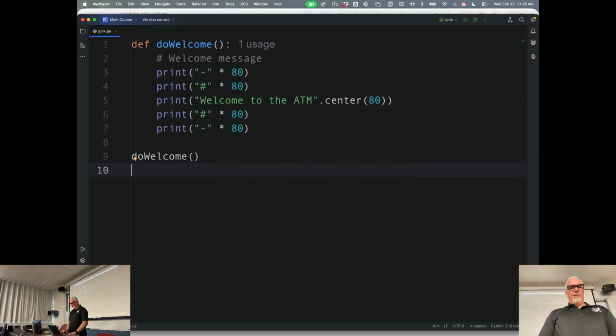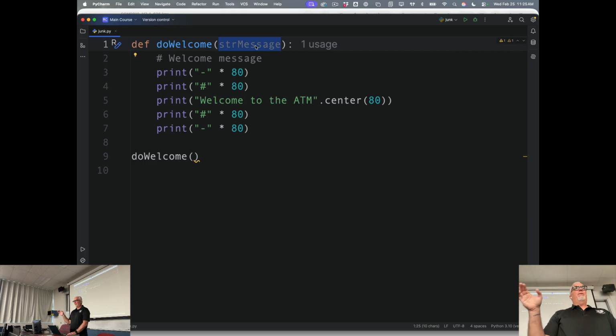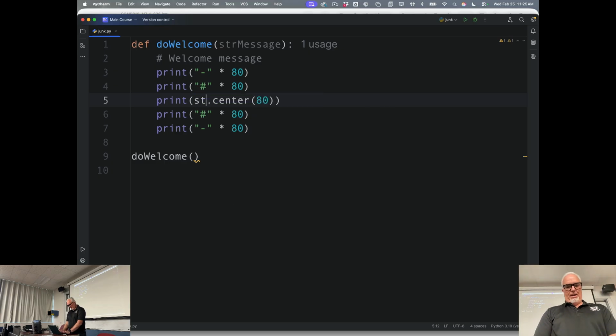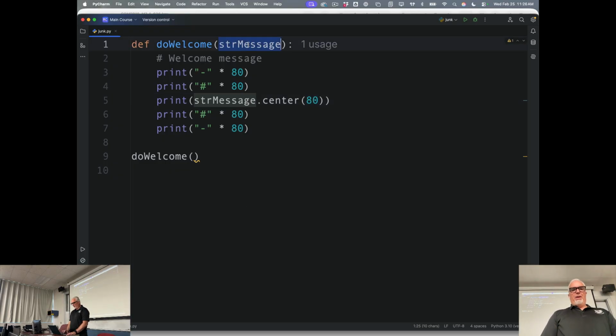So let's just take this code that we have and modify it, right? strMessage goes right here. So I'm defining a variable that I can use inside the function so that people can pass information into the function as they're using it. Okay, so now whatever they put in here, it's going to go here. Now, if I run this code right now as it is,